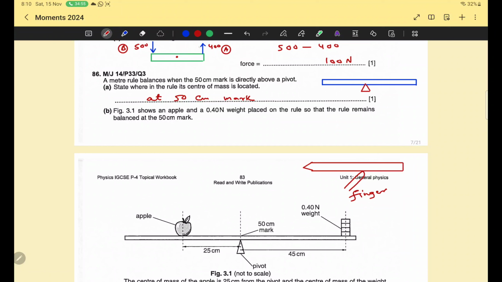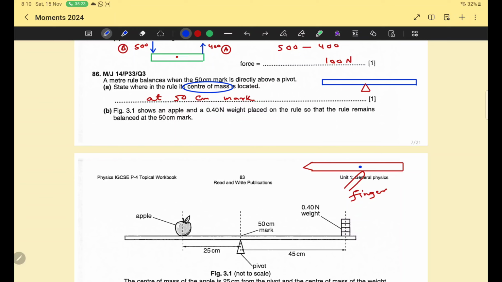ठीक, the point at which the pen is balanced, this point will be the center of mass. तो कोई भी ऑब्जेक्ट आपको मैं दूं और if I ask you where is the center of mass, तो आप क्या करो, उसको फिंगर टिप पर बैलेंस करने की कोशिश करो। फिंगर टिप पर जहां वो बैलेंस हो जाएगा वही जगह उसकी क्या बन जाएगी, सेंटर ऑफ मास।